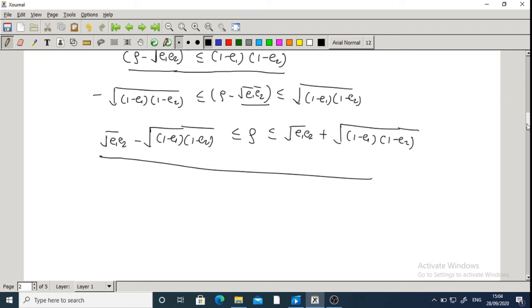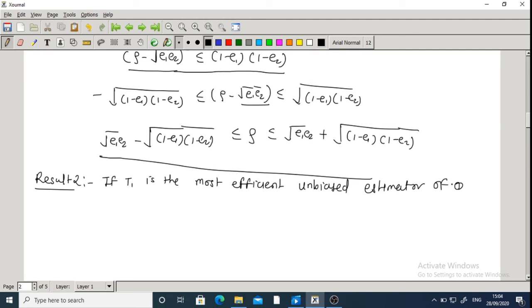Result number 2 is: if T1 is the most efficient unbiased estimator of theta, that is MVUE, minimum variance unbiased estimator, and T2 is any other unbiased estimator of theta,